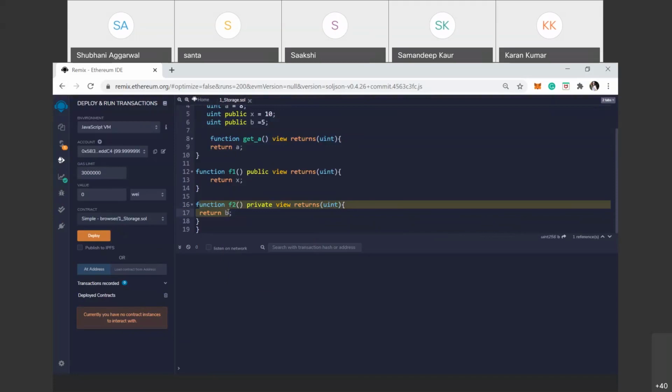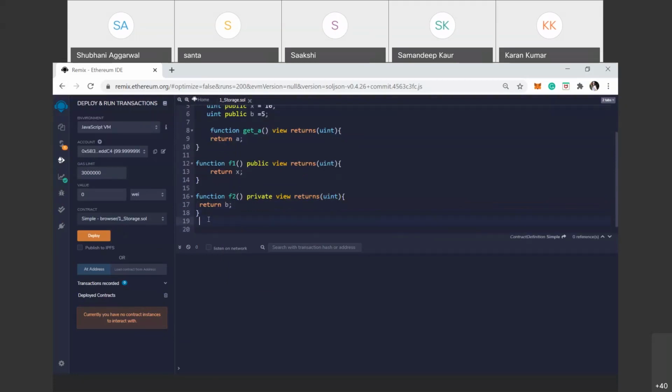This function is for what purpose? It can be used in other functions by calling this function. Suppose we define some more function, that is function 3. That is public in nature, view returns uint.